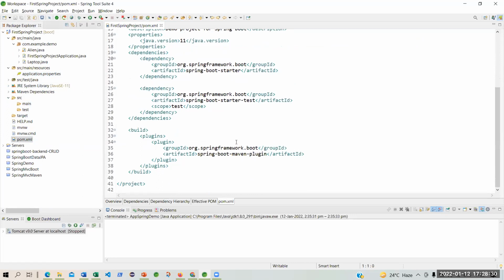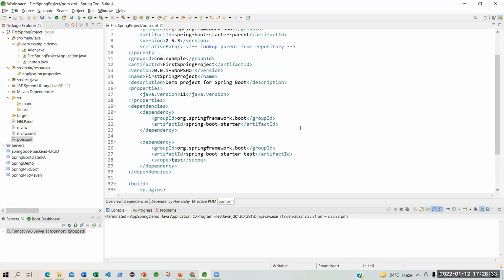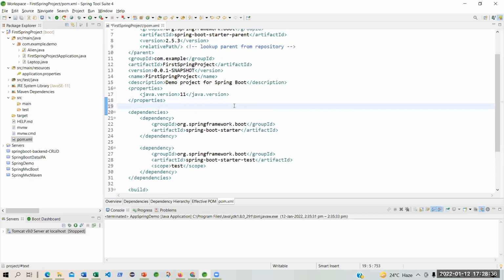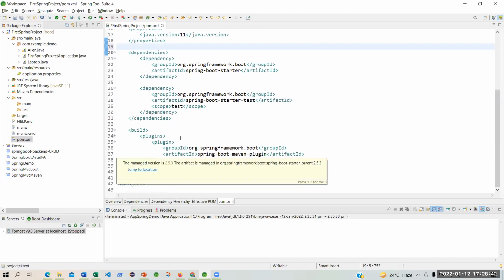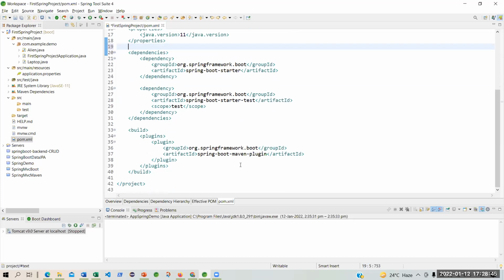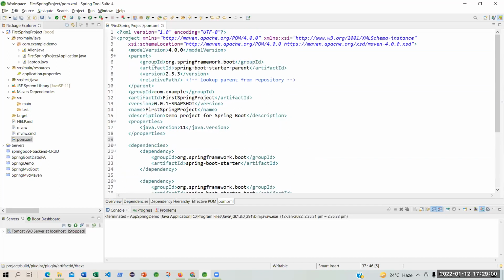It is exactly the same. I have not written a single thing. I have not changed anything. These are the 2 dependencies that we have already done through the project. And that is the Maven plugin. This is the plugin for the building that you do not need to worry about, because whenever you compile, you have to get it built. And who is going to give the build? It will be Maven. So this is exactly the same thing. You have got the group ID, the artifact ID, the description of the project. Same thing.